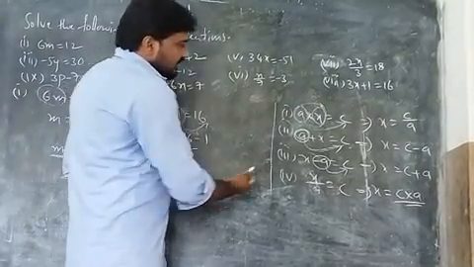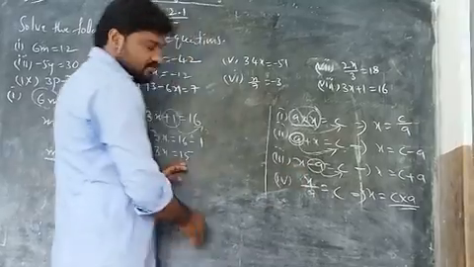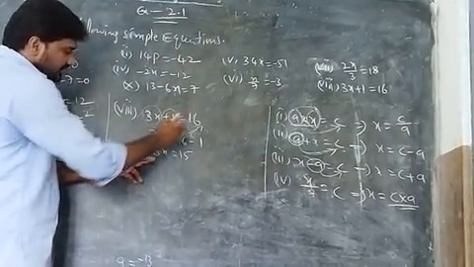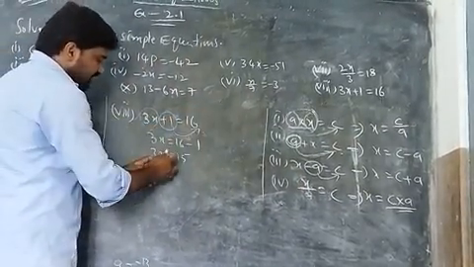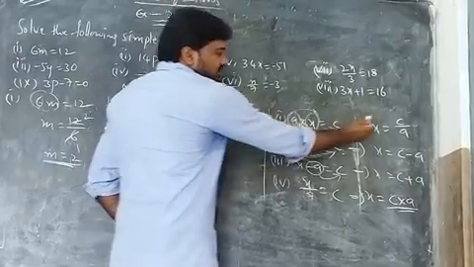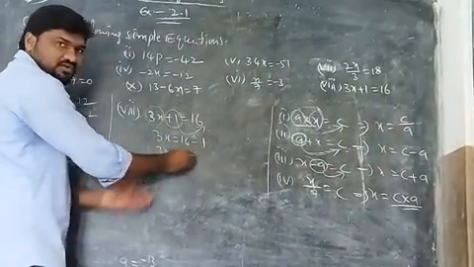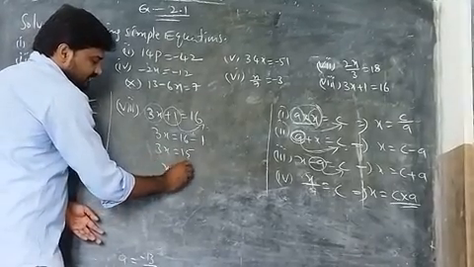Now we can observe which type this is: a into x equals c. In the place of a is 3, and in the place of x is x. Now you are going to take x; a translates to the right side. What happens? c divided by a. So 3 translates to the right side, and x is equal to 15 divided by 3.